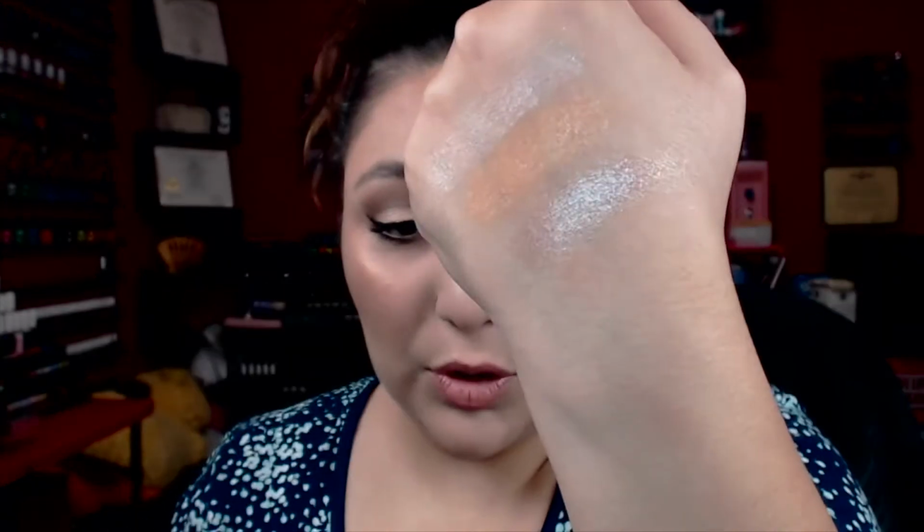At first I was going to apply this using my finger, but I actually ended up going in and applying this using a brush, and I think it worked out really well. That's a swatch of it right there. It's this really pretty kind of metallic